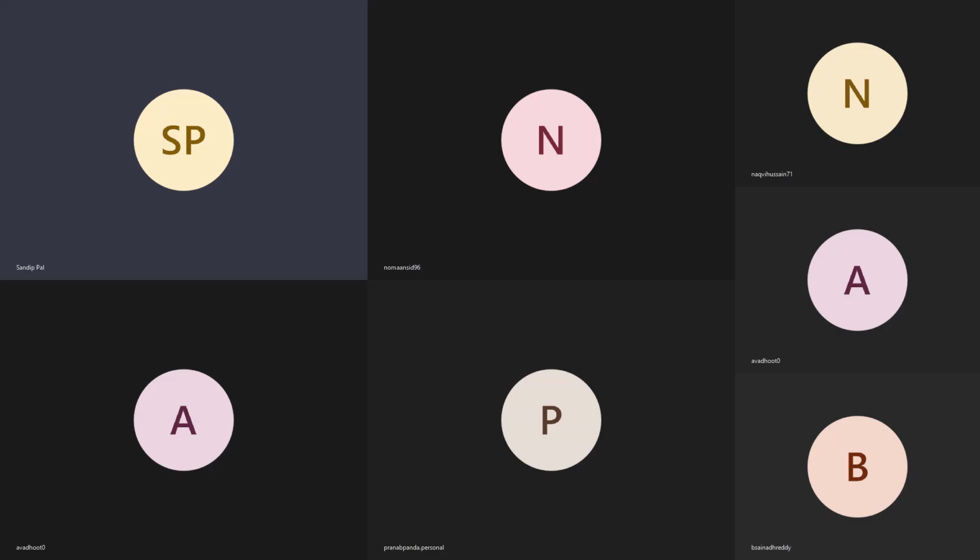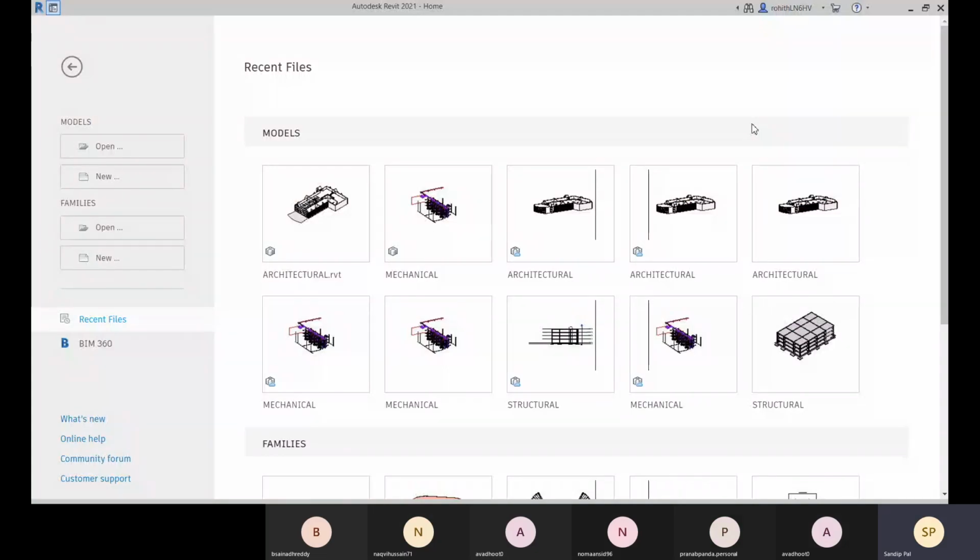First class for Revit Architecture. Revit Architecture, or Revit, is a full package of Revit Architecture, Structure, and Revit MEP. So for each of Revit Structure and Revit MEP, you don't have to install different software. Within this package, you will get all the tools related to architecture, all the tools related to structure, and related to MEP. All are available.